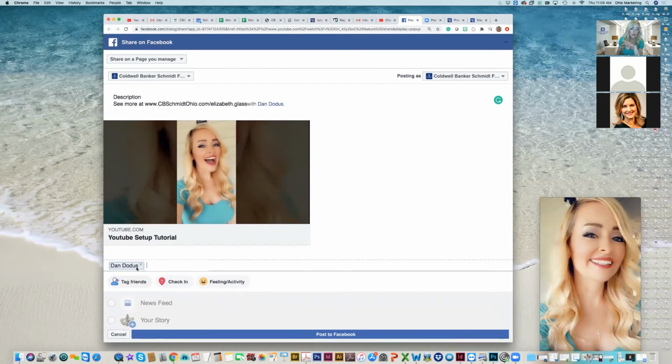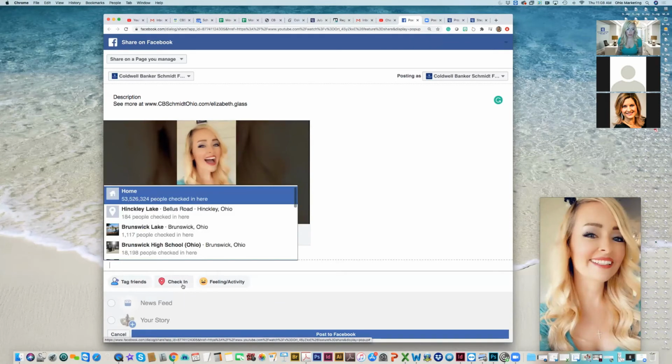But if you didn't know that, you can set it up so your security settings let you dictate what shows up on your page and what doesn't. Anyway, that's how I would add somebody else to my post with me. The way it would be worded would actually say with Dan Dotis, or whoever you pick in there. Then you can click check in, and that's just going to be your location. And that just puts the location on there.